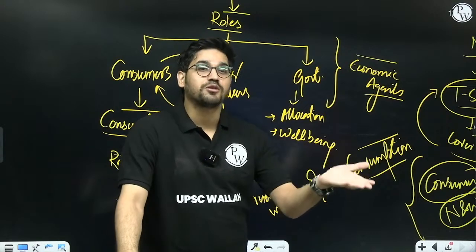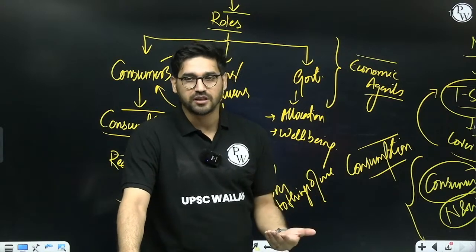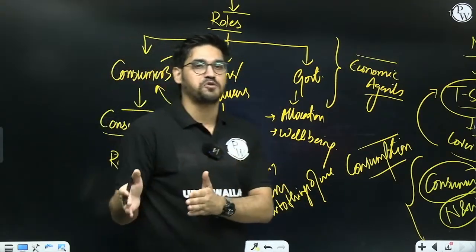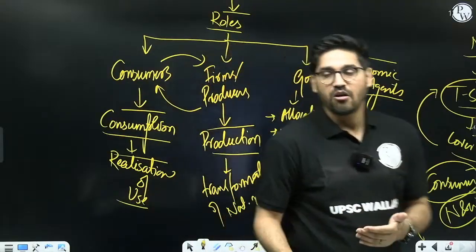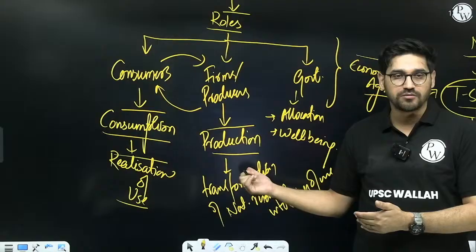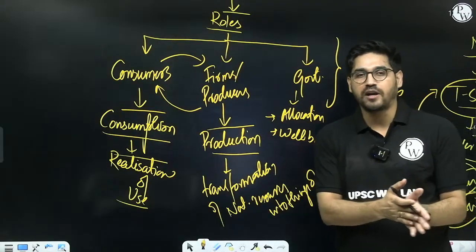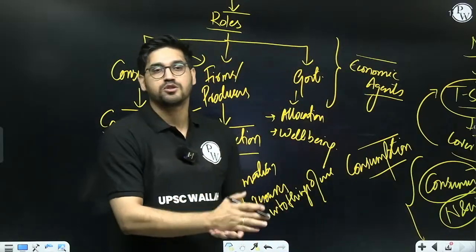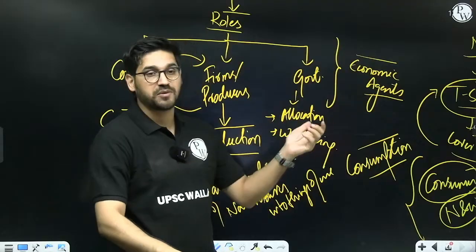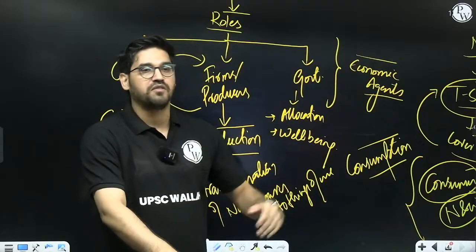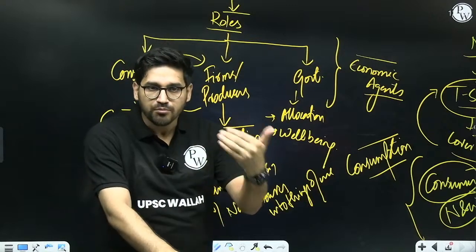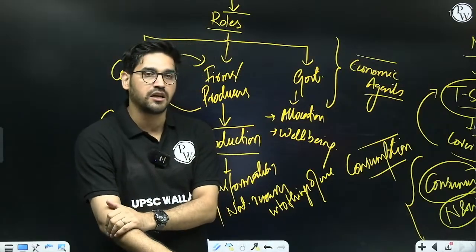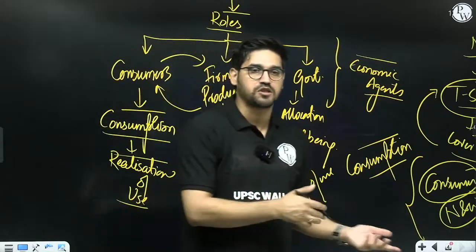The government is also constrained by the resources that it has, which we call budget. If the government has a limited amount of budget, the government will also be forced to make certain choices, ensuring well-being of most people. How much resources should it allocate towards education, how much towards healthcare, how much towards basic amenities of life, how much towards infrastructure, how should those resources be allocated, which departments should get how much, which ministries should get how much. These are all important choices, and these choices are being made by the government because the government also faces something called scarcity. The government does not have unlimited amounts of money to spend on all things which are produced